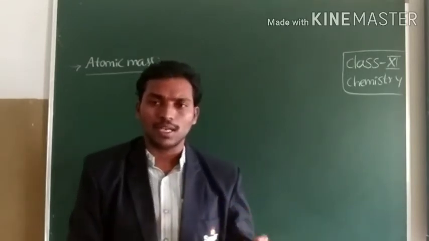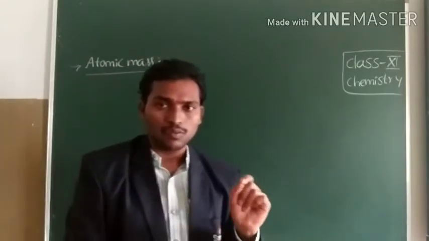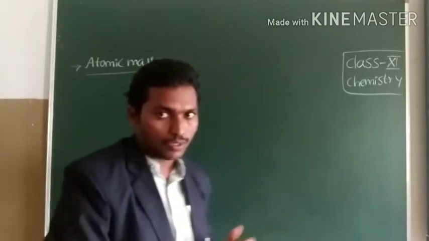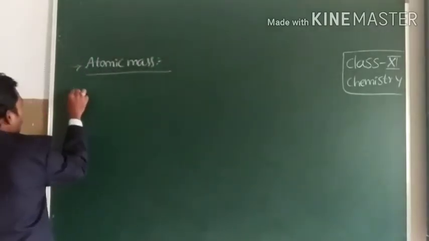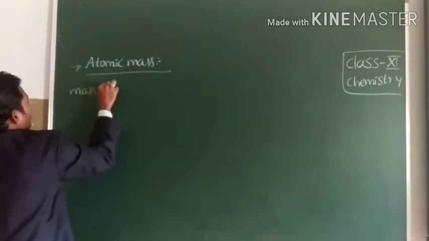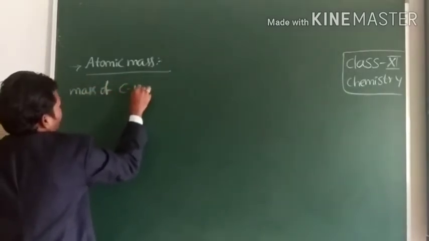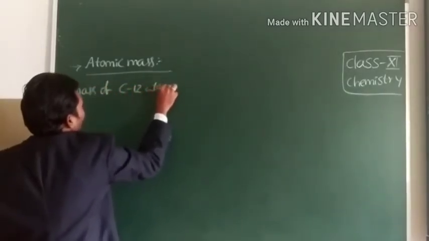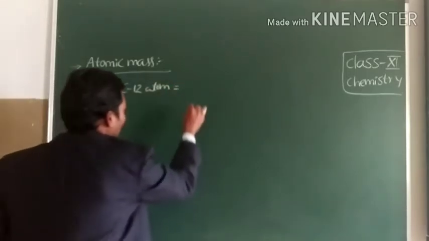So scientists have calculated the mass of 1/12 of a carbon atom in such a way that the mass of carbon-12 isotope